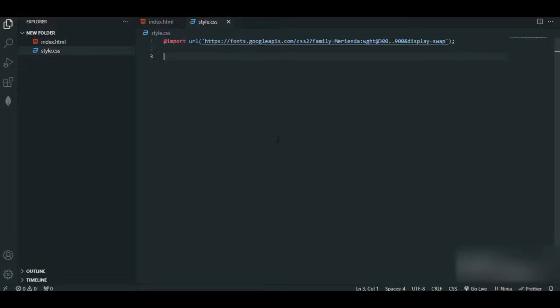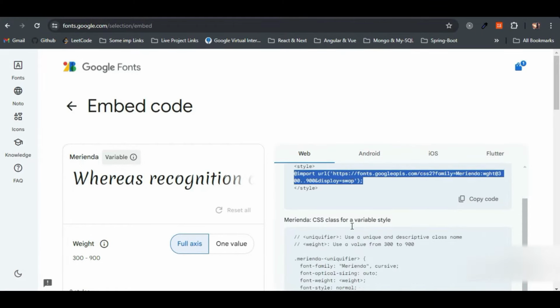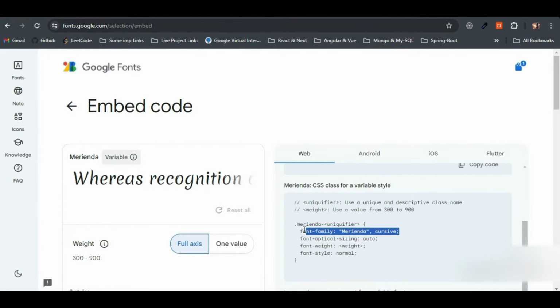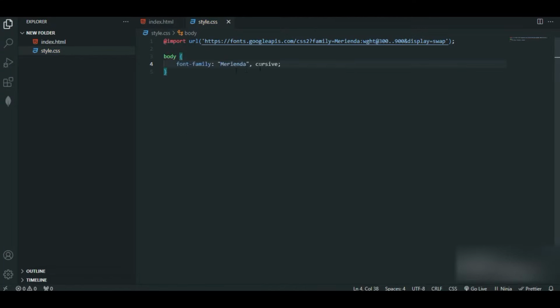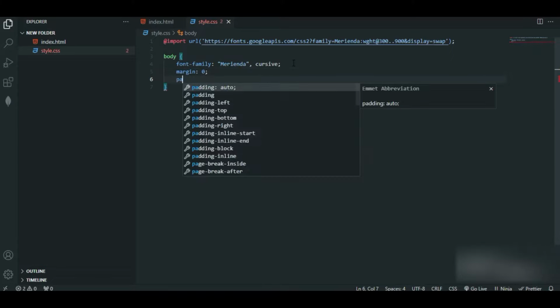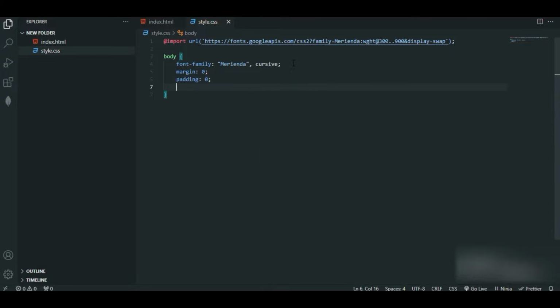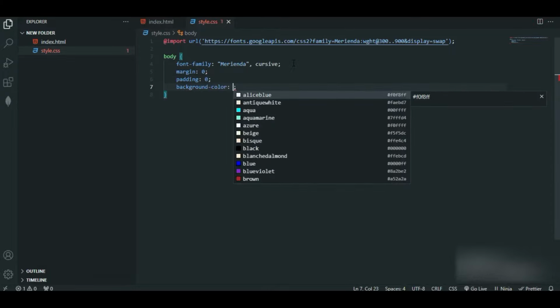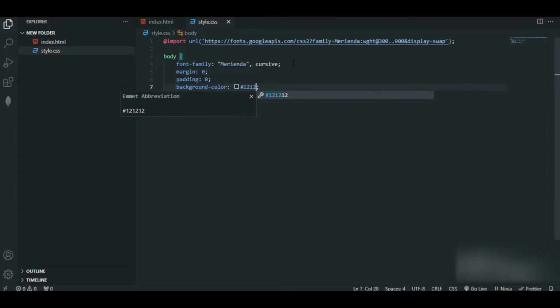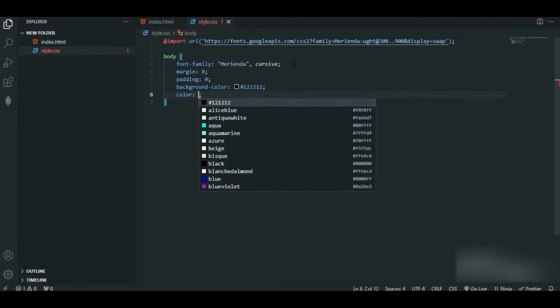Next, I'll make use of the body. Let me go here again. I'll copy this one, font family. The primary font will be Miranda. If something goes wrong, we'll be making use of cursive. Next, I'll give margin 0, padding 0, background color 121212, color I'll be making use of white,